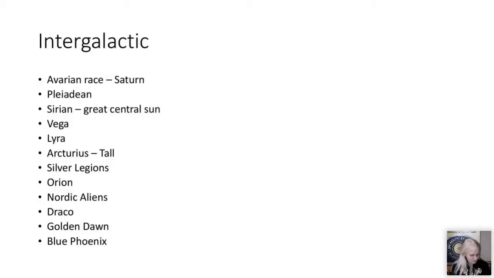There's also other ones called Draco, and there would be the Lizardish planet, the Blue Phoenix planet, the Golden Dawn planets. And these are all groups and constellations and stars, and some of them I've listed here. Also the Nordic aliens. So just to give you an idea of what's out there, and again, you need to go and do some Googling and find out what's happening, because the other point that I noted is